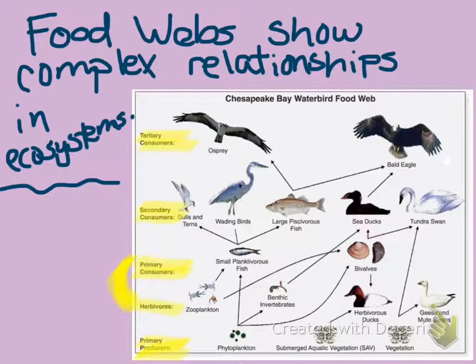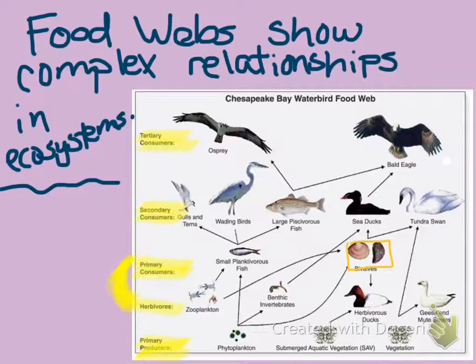And what I want you guys to start understanding about food webs is that it's all interconnected. So questions that you're going to get are going to ask things like, what would happen to the food web if the bivalves all died? So here we're going to draw a box around the bivalves. Bivalves are just like these mussel, clam looking things. Do y'all see the box that I drew around it there? So when you're talking about the relationships in food webs, if I say all the bivalves are gone, then we're going to look at everything that's connected to the bivalve.